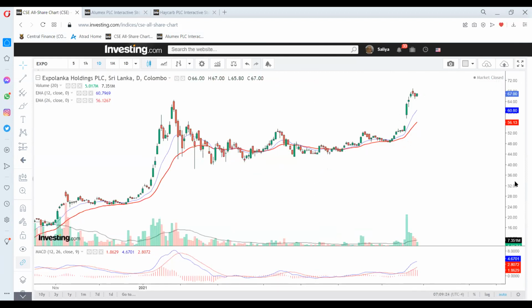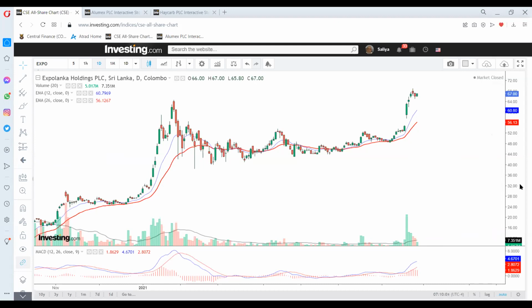Right. The value in blue is 4.6701. And then you can see the red, which is here, in front, is 1.8629, and the other value in red, which is at the corner, is 2.8072. First of all, I mentioned that the subtraction of the 26 EMA from the 12 EMA is the MACD